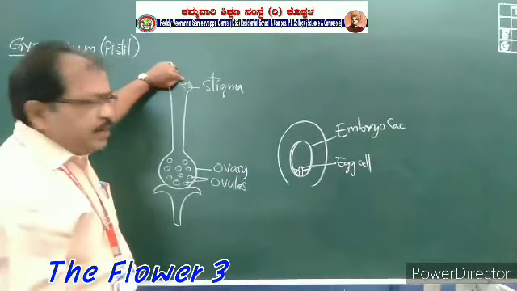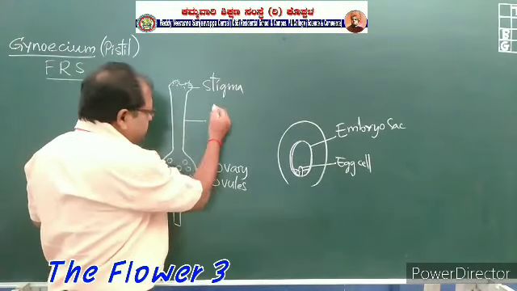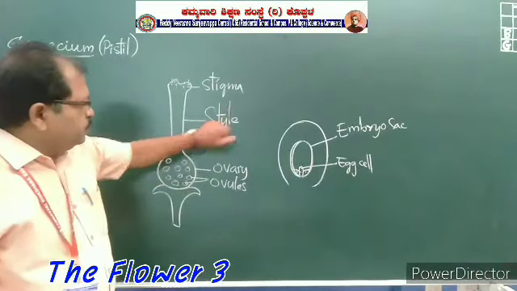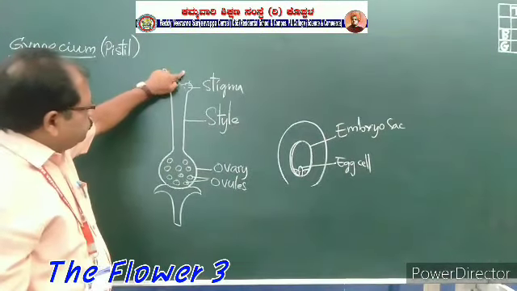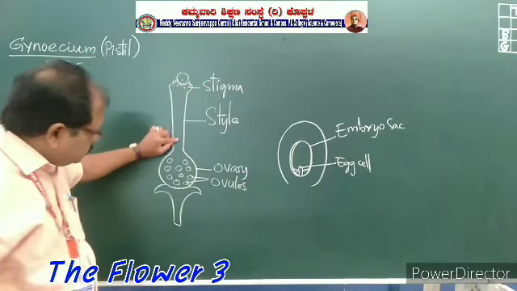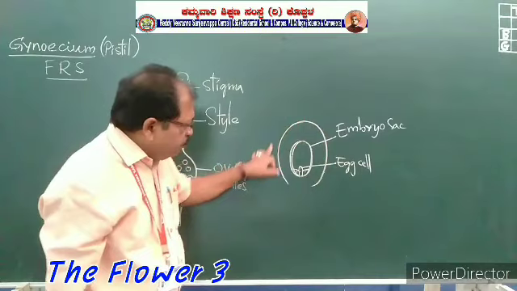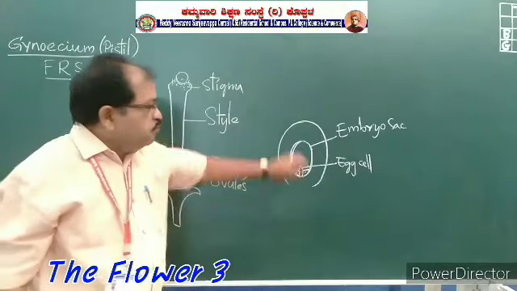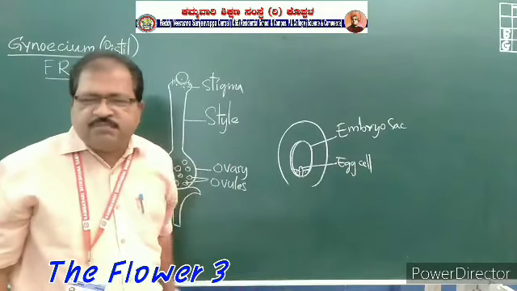The male nucleus from the pollen grain, from the top of the stigma, travels along a long tube-like structure. This is called the style, which is a bridge between the stigma and ovary. It's a long tube-like structure. Here, if the pollen grain lands, the male nucleus will travel along this and reach the ovary, and enter the ovule. This is the ovule. Inside the ovule, there is a bag-like structure called the embryo sac, where the fertilization takes place. The embryo will develop into a seed.